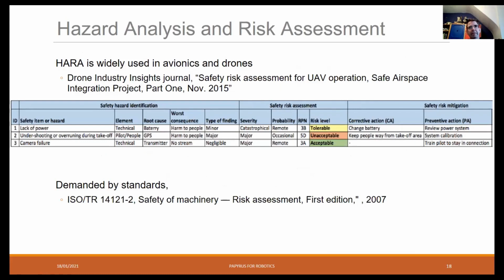And there's one activity that is quite important in this context, that is the hazard analysis and risk assessment, or short HARA, which is widely used in avionics and drones. You can see here an extract from a journal that appeared in 2015. You can see here an identification of some of the risk, and there is a qualitative property if this risk is tolerable, unacceptable, or acceptable. And we also have some mitigation